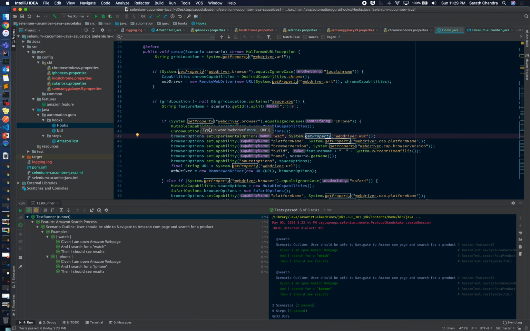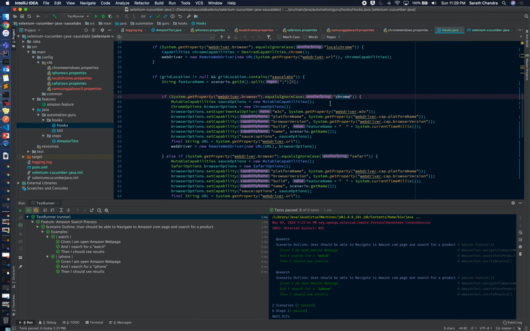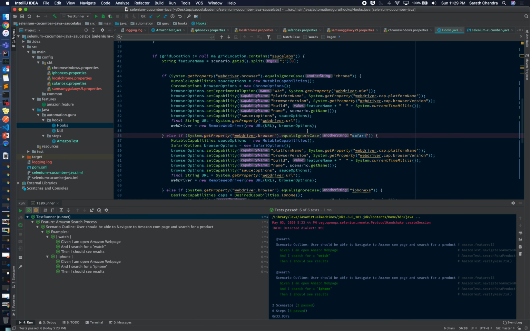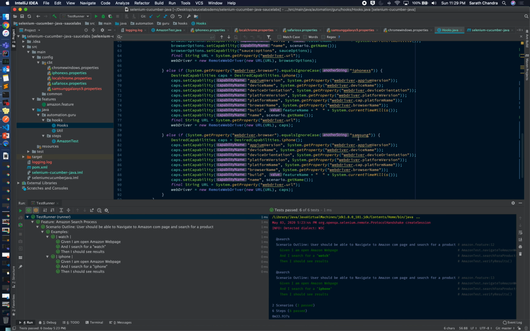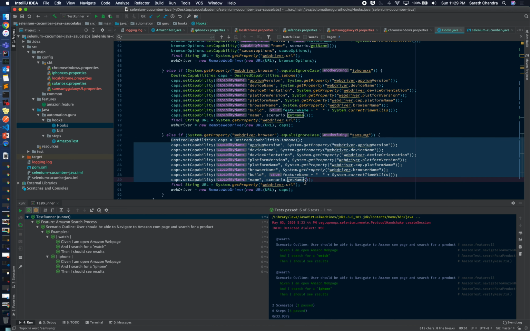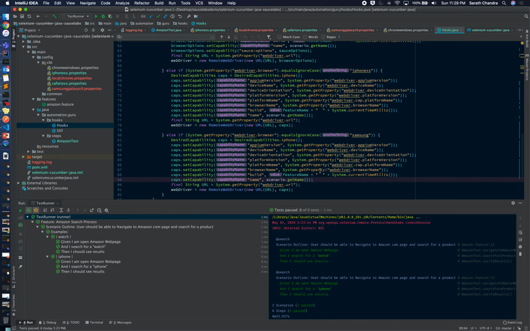Now, if you see, there is a configuration for Chrome, there is a configuration for Safari, for iPhone XS, and also for Samsung. These capabilities are directly coming from the Saucelabs platform configurator, except that I am fetching the actual key value pair using the property file,